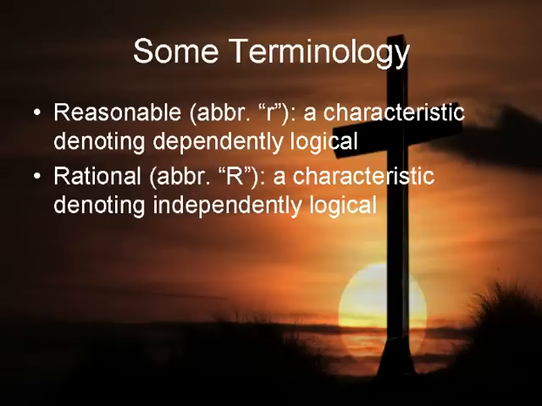Take for instance the proposition, dogs have 4 legs. In general, the sentence is rational because most people understand the concepts of dogs and legs and what it means to have legs. Therefore, it does not depend on anyone's understanding of these concepts in order to understand the claim that dogs have 4 legs.